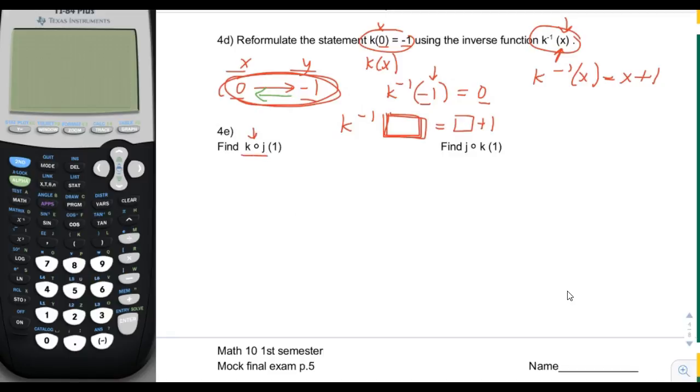This open circle means composite function. What does a composite function do? It's like a function inside of a function. Okay,